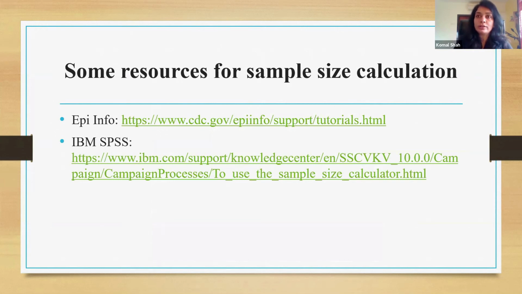These are some of the theoretical concepts, but today there is readily available software that calculates the sample size for you. So if you know the information of your Z, your M, your R, your desired power, all that information is with you, you can use any of this software. EpiInfo is very popular amongst researchers. Along with that, IBM SPSS is also offering a very user-friendly alternative. And using this software, we can easily calculate our sample size.